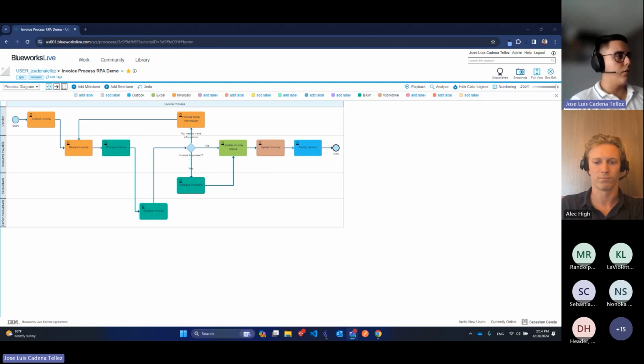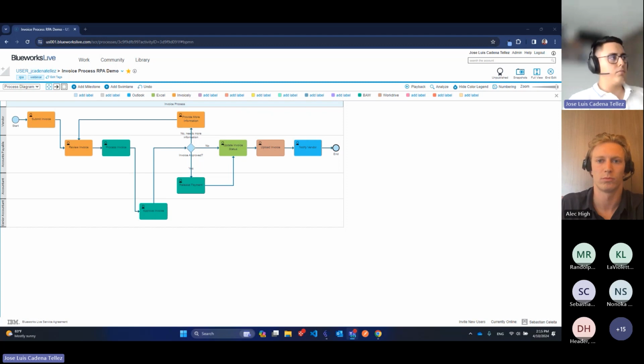Since most of you are already familiar with IBM Blueworks Live, we're not going to go into too much detail about the features of the tool, but instead we're going to go deep into the use case to have a better context of what we'll see on the RPA bot running in a couple of minutes. So just to start, you can see that we already have a full process map